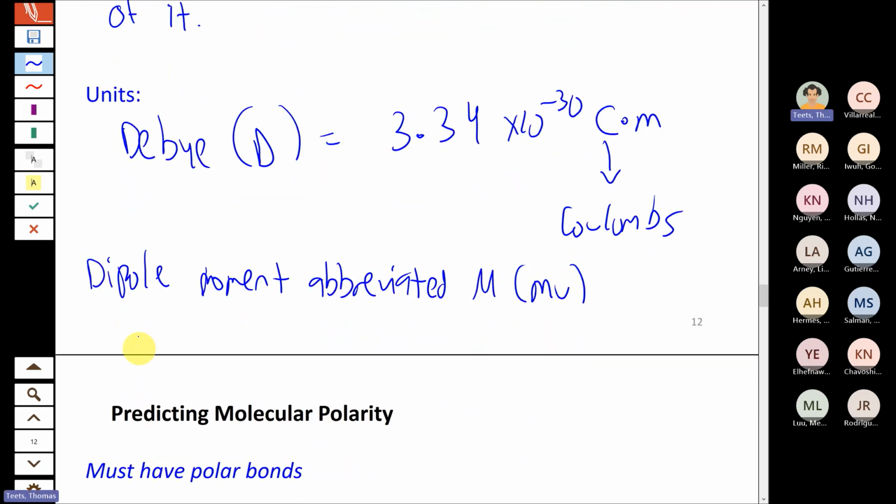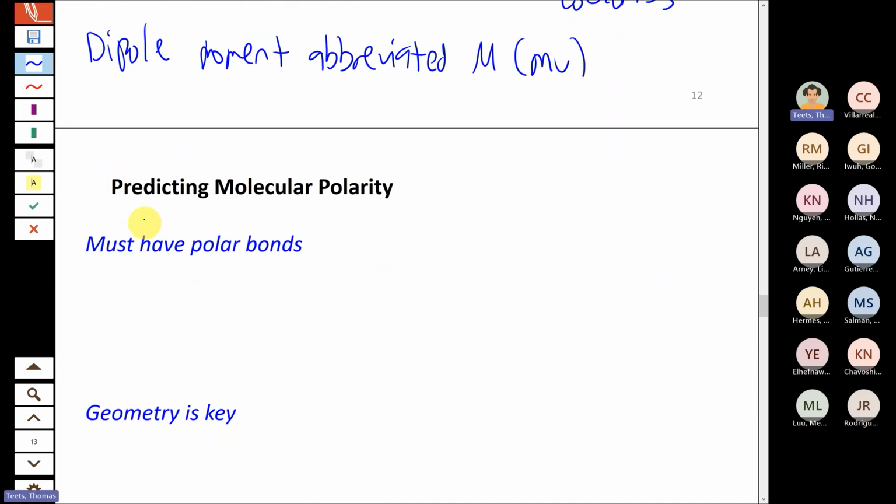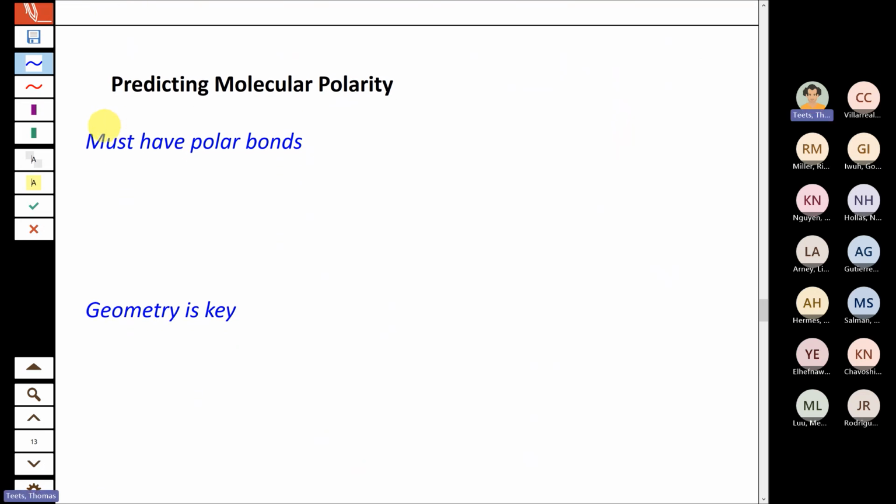So to predict molecular polarity, there are two criteria that need to be true. One is that the molecule must have polar bonds. If the molecule's bonds are all nonpolar, then typically the molecule itself will be nonpolar also. There are some molecules whose polarity is very easy to predict, what are called homoatomic